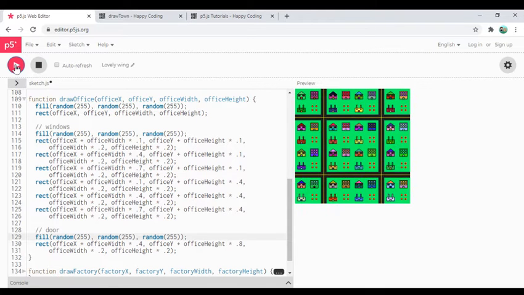I don't know what these factories make. I don't know what this purple factory down here makes, but I'd work there. Anyway,